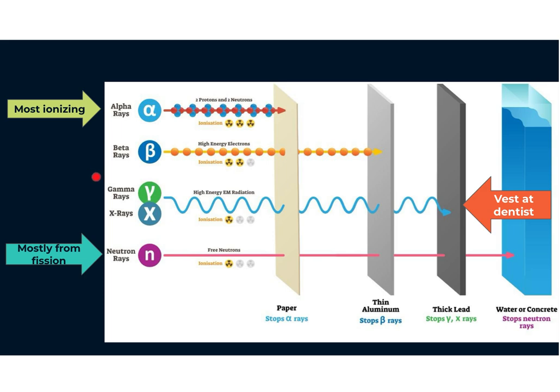Not as ionizing as the alpha particles, but a gamma ray is basically a high energy electromagnetic wave. We looked at the picture last time of all the different kinds of waves, like radio waves. A gamma ray is the highest energy, and they travel at the speed of light, so much faster than beta particles and alpha particles. They have no mass and no charge, but they can travel through paper, they can travel through aluminum. The only thing that stops them is lead.